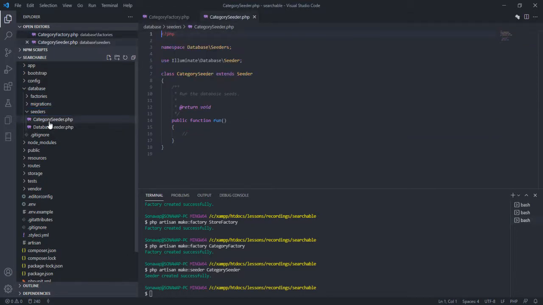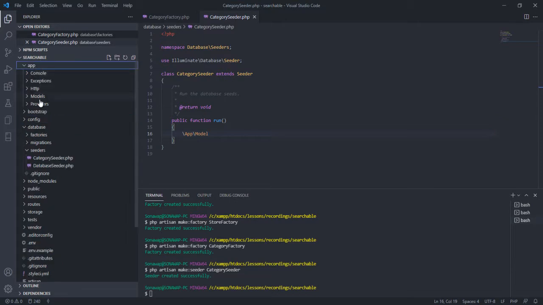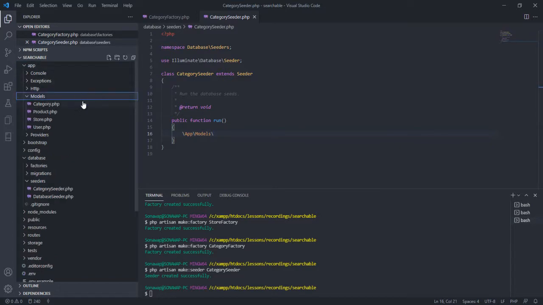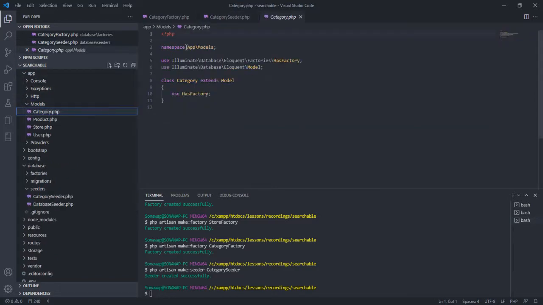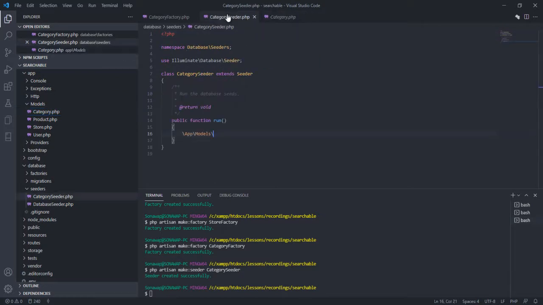And this is it right here. So we need to find the directory to our app and go over to modules. We need the namespace, because we have the app right here and we have the modules, and right here we have the category. If you open the category, you can actually see the namespace right here. That's the same thing we're going to do in category, and right here we're going to say